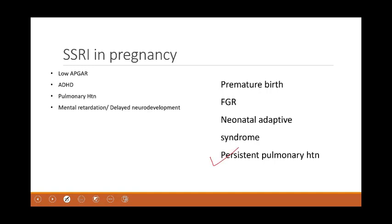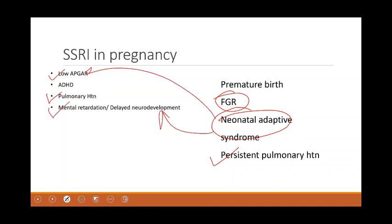Persistent pulmonary hypertension, pulmonary hypertension. This is caused by SSRI. There's no doubt about it. Now it can cause neonatal adaptive syndrome, and FGR, which is kind of like aspiration symptoms. So they will come as low Apgar, and these two will lead to, if it happens, mental retardation